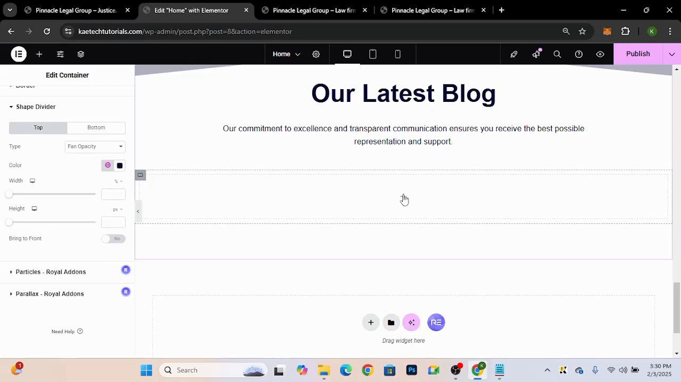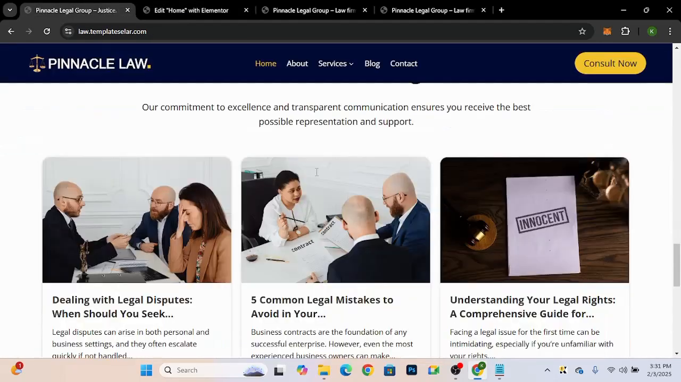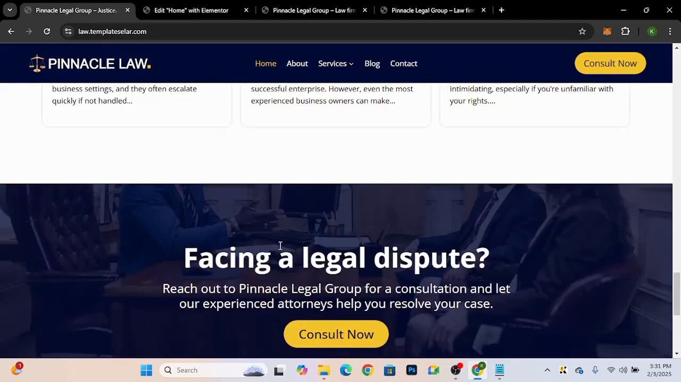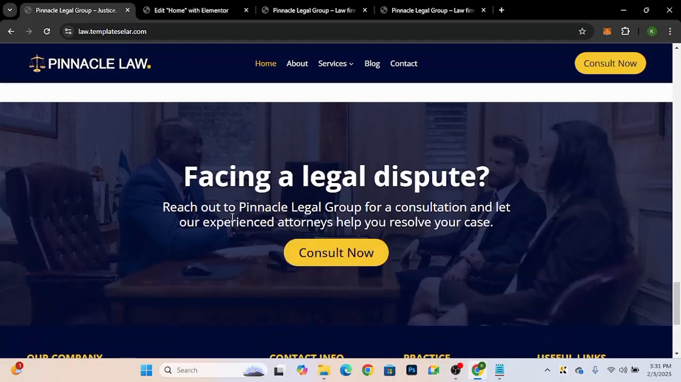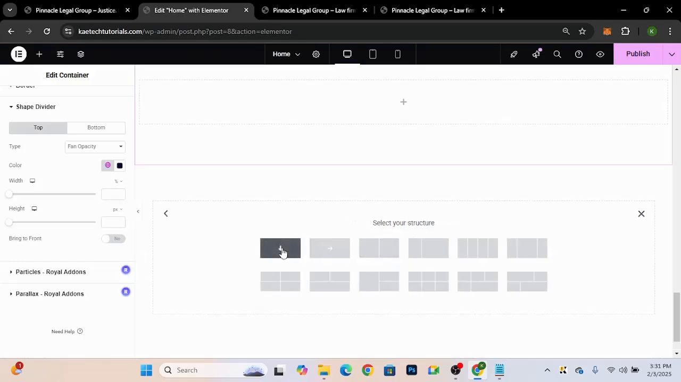So over here, what I'm gonna do is I'm gonna leave it like that, and I'll go to the next section over here and I'll create it. Then after creating the next section, we go back to create our blog post, and then we'll come over here to bring them on the front page. So let's go to our next section, which is this particular section over here. So that is the call to action section, which says facing a legal dispute, reach out to Pinnacle legal team. So I'm going to go over here, click on this one, click on this one,